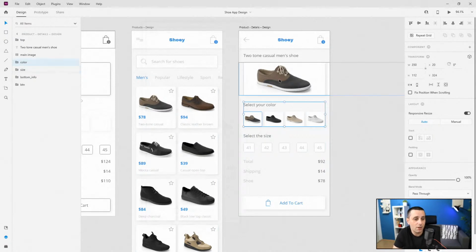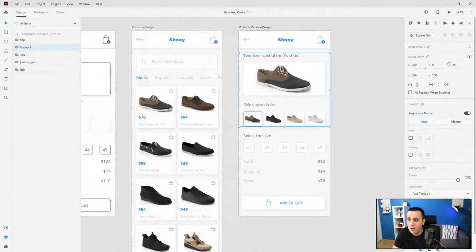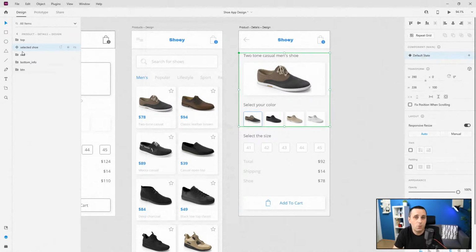So I'm going to select my color and I'm going to select my main image and I'm going to select this text at the top, hit Ctrl and G, and let me see what I named it in my original example. So I simply called it selected shoe because this shoe is selected. So selected shoe like this, and let me position these a bit better like so. So selected shoe, I'm going to hit Ctrl K to create it as a component, and basically what we need